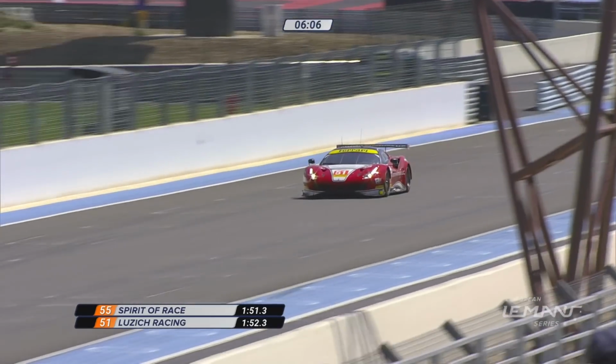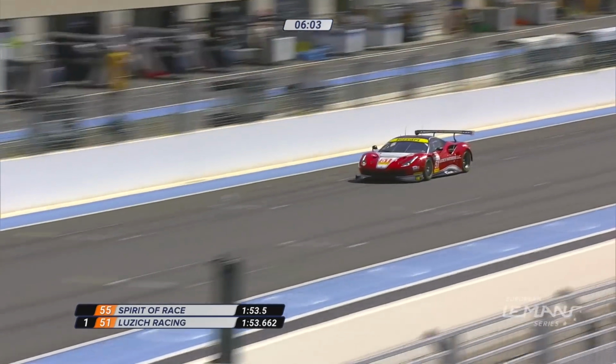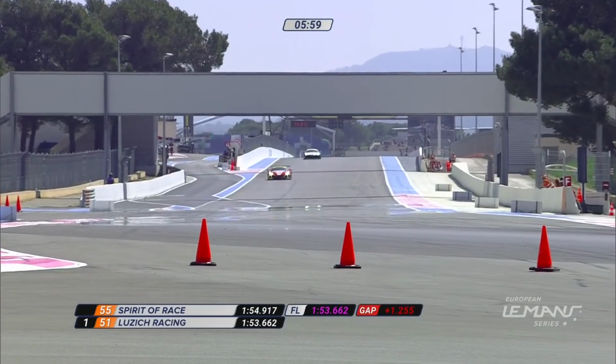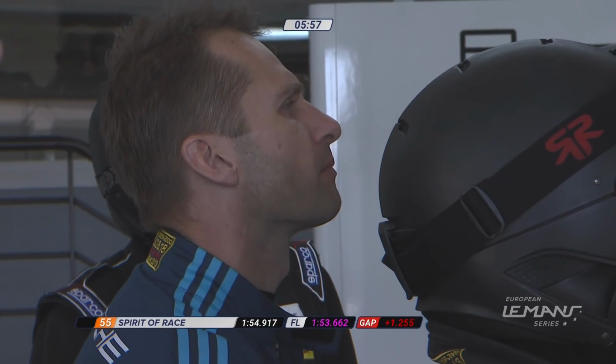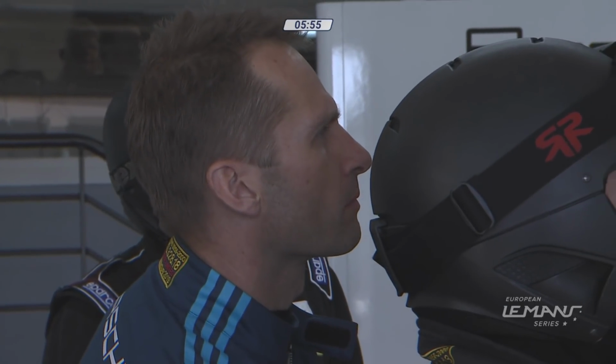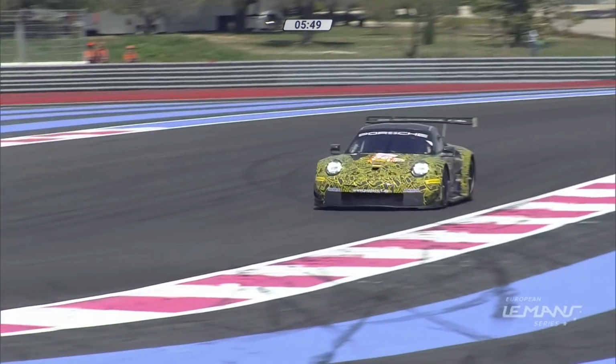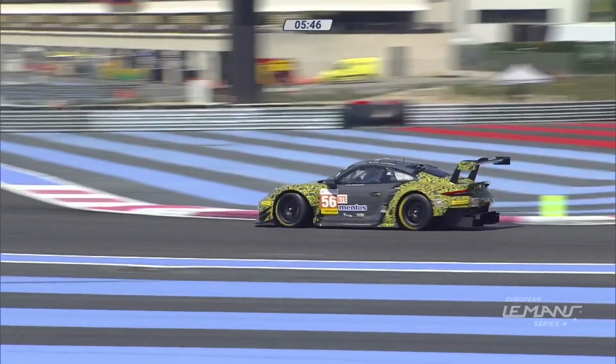And earlier on in the week I did some counting up to find out how many former ELMS champions we have in this year's entry. Well, that totals 18. Not just overall titles, but championships won throughout the classification as well. I didn't even include Pierguidi because he's never won in anything in the LMS. Absolutely. So you add in,